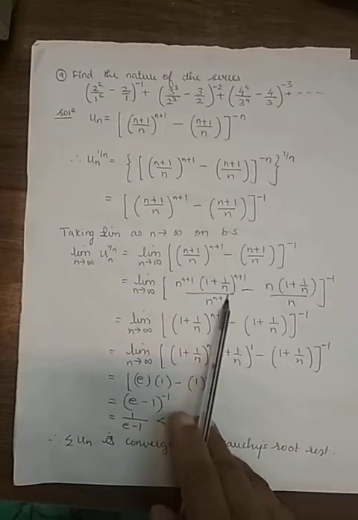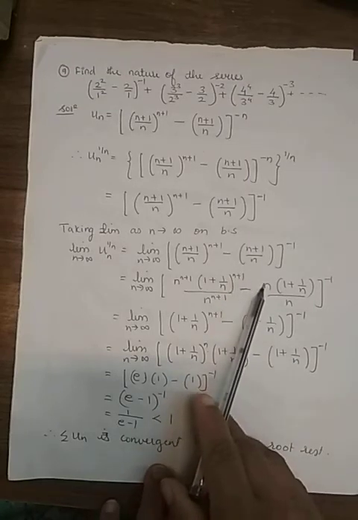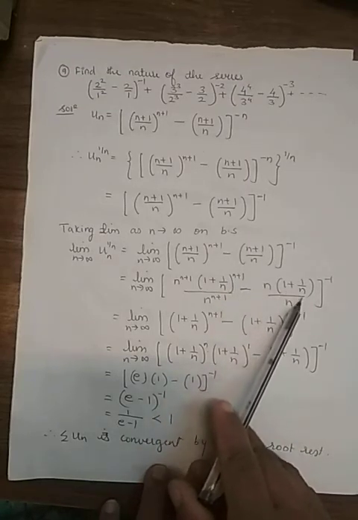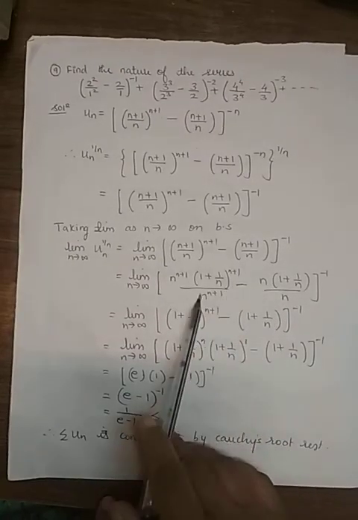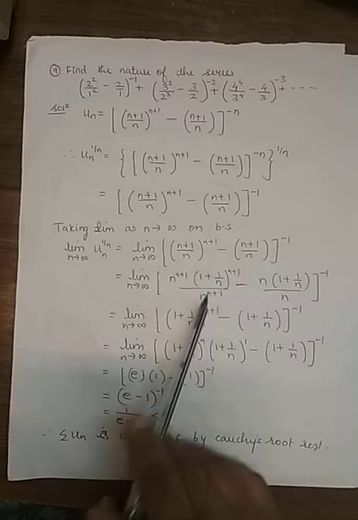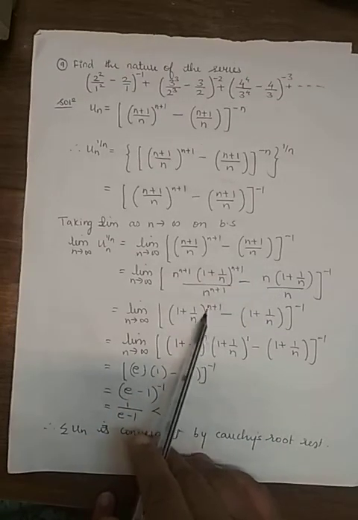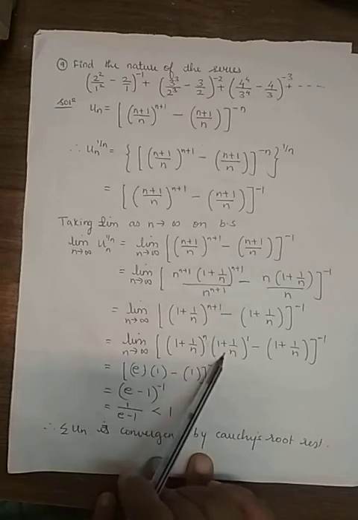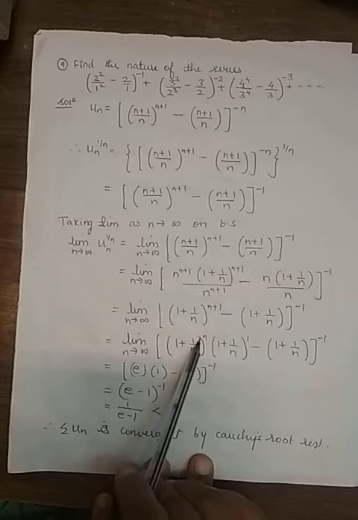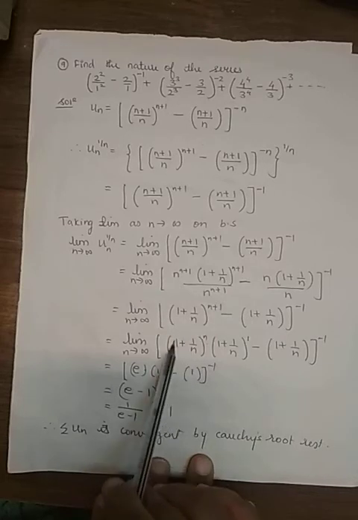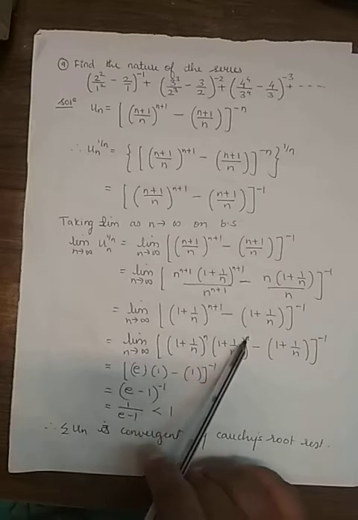So this becomes n raised to n plus 1 minus n, taking common. Here remains 1 plus 1 by n, and this is n. Simplify this, n will get cancelled. n plus 1 will get cancelled. Remains this and remains this. To simplify, I have split the numerator into two brackets such that now when I apply the limits as n tends to infinity, this value is e because raised to power of n is there. So take this as e. This is raised to power of 1.